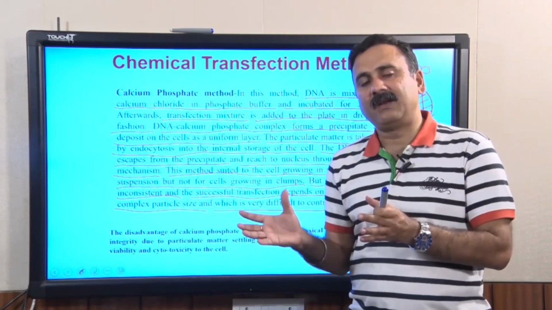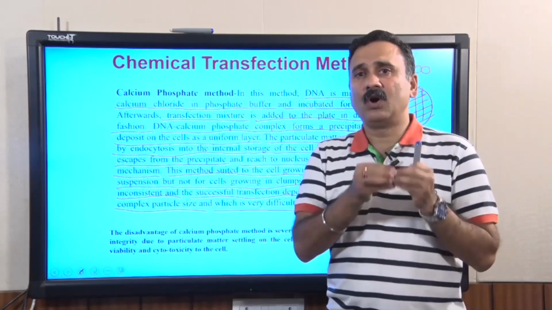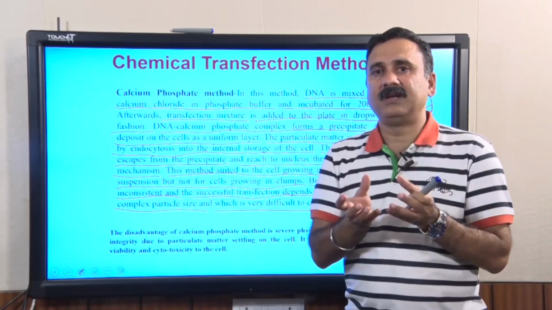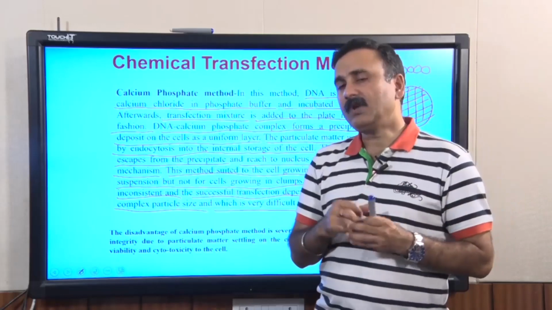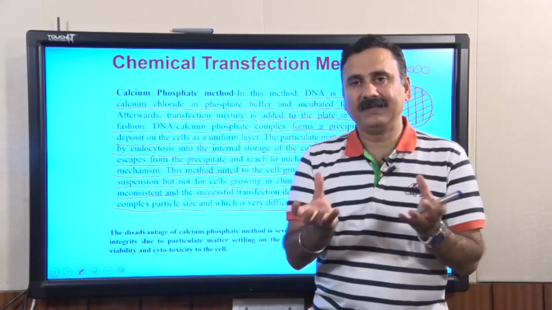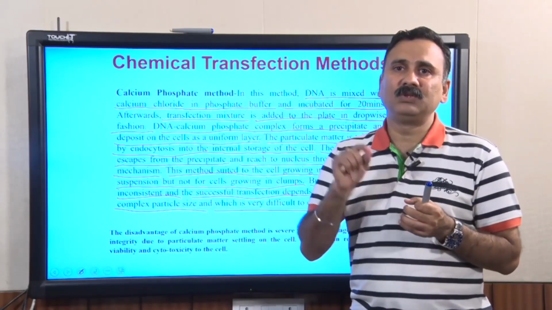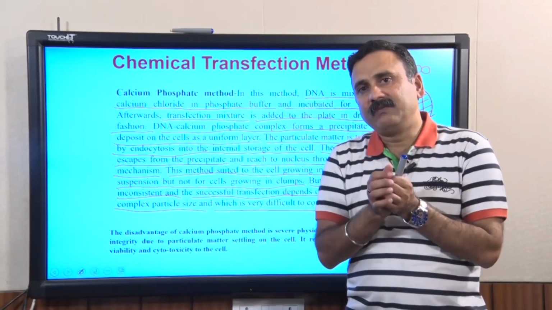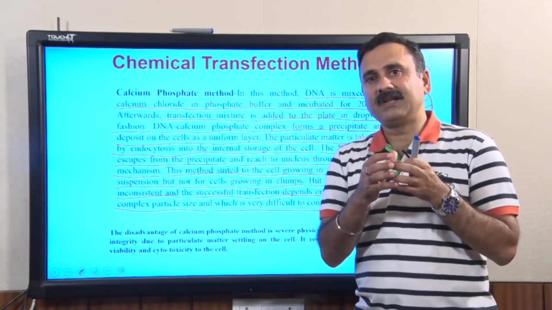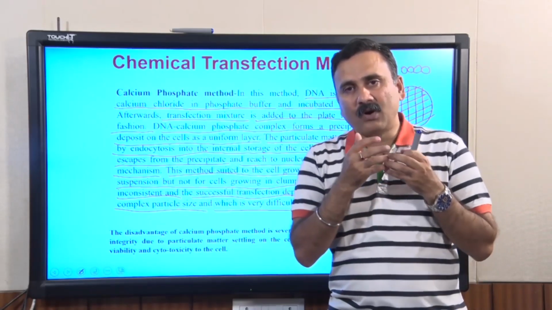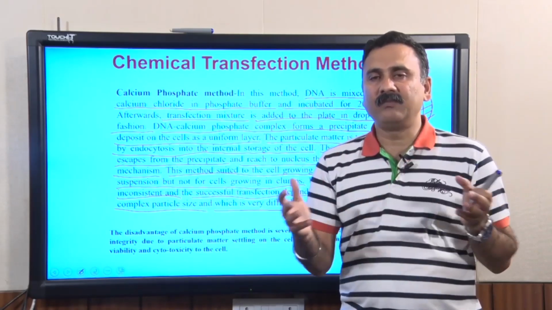If the cells are present in the suspension, they should be a single layer suspension, not cells that adhere to each other or form complexes. The second thing is, when you are adding the calcium phosphate to the DNA, the calcium phosphate is making an aggregate with the DNA, and you have to optimize the conditions in which these calcium phosphate aggregates are forming,